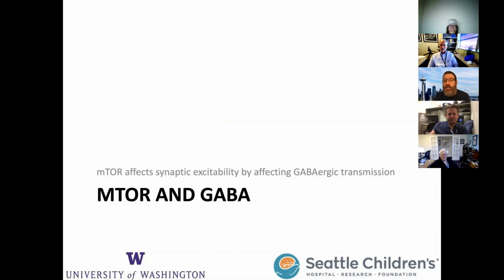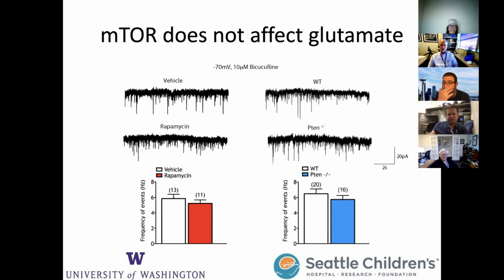So what about mTOR could possibly change the inputs, GABAergic or glutamatergic, that nerve cells see at the pyramidal neuron level in the frontal lobe? And the very first experiment that I did when I was getting my PhD was on glutamatergic transmission, and it was a total failure. And like any good PhD student at that point, I was like, oh man, am I ever going to finish this on time? Fortunately, I had some positive experiments with GABA, but of course, the first experiment never works. And so it turns out that mTOR regulation or dysregulation has absolutely no effect, at least on these frontal pyramidal neurons,